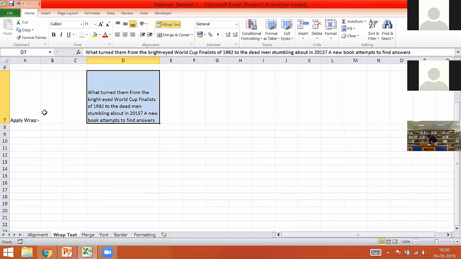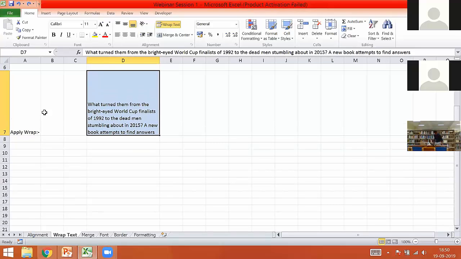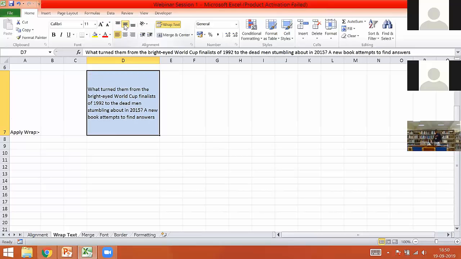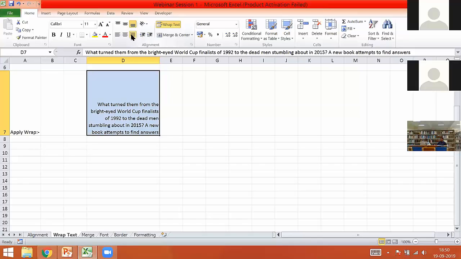Okay, if you are not really comfortable making any changes, you can again apply the alignments: the left alignment, the top alignment, the middle center alignment, the bottom alignment, or the center alignment. So now you can see all the difference, how it is going to get displayed under one single cell. It doesn't mean that if you have applied wrap text, you cannot apply the alignments. Again, you can definitely apply the alignments and fit that particular data in one single cell. Right?